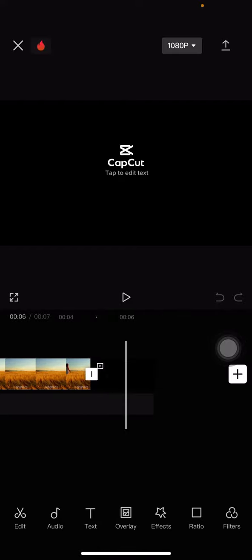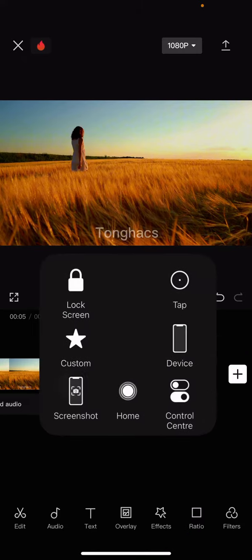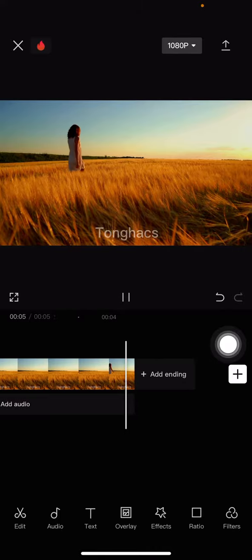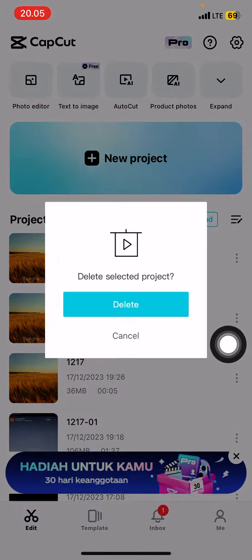You can actually remove it manually by clicking this clip of the watermark, and after that you just need to click delete, and this watermark will disappear from your video. But whenever you start a new project again, the watermark will appear again. So to make it disappear every time,